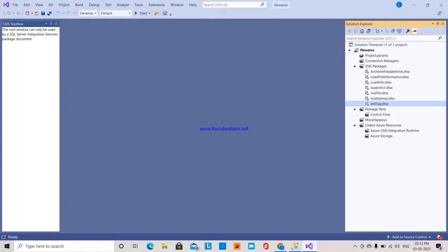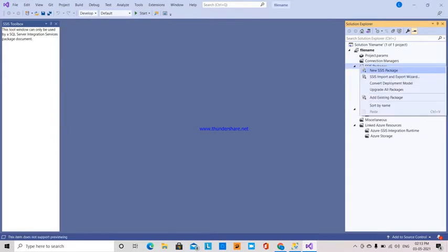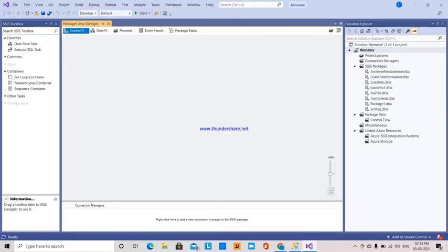Before, in the previous video, I showed you how to log the files in an XML file. Now I am going to explain how these log files will be saved in an SQL server. For that, I am going to create a new SSIS package, and I am dragging and dropping the data flow task,